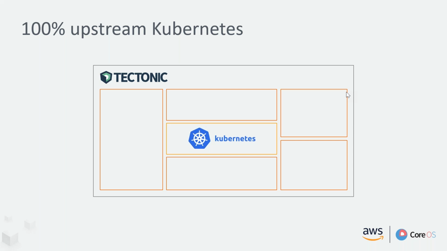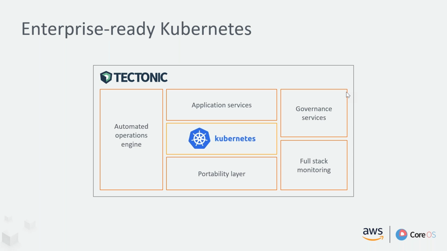And that's really important because all of your developers are going to be wanting to use new versions of the Kubernetes API. It's getting better and better. It's more stable, as well as having different primitives for doing things like cron jobs or one-off jobs and stateful resources and that type of thing. So getting that 100% upstream Kubernetes is really important,